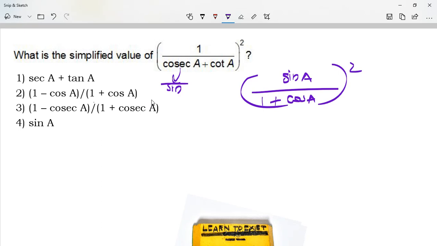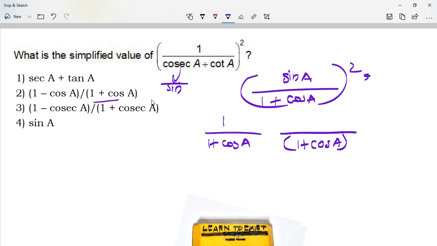I can already see a 1 plus cos A here. So I'll try to move this 1 plus cos A outside, and we have another 1 plus cos A, since this is a square. Okay. So we have 2 times 1 plus cos A, and on the numerator we have sin square